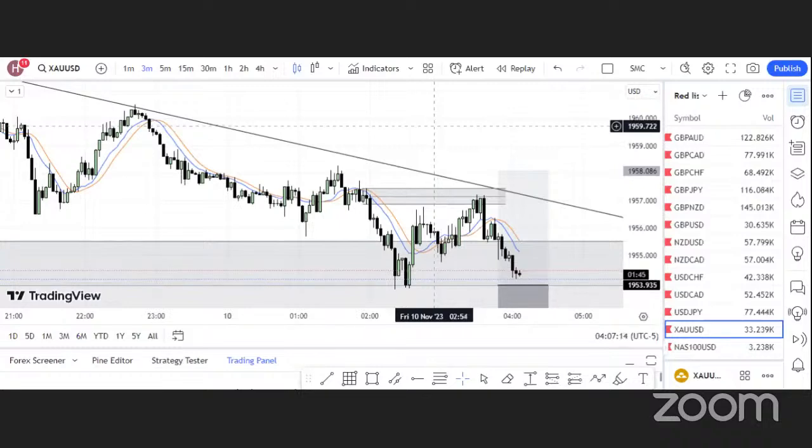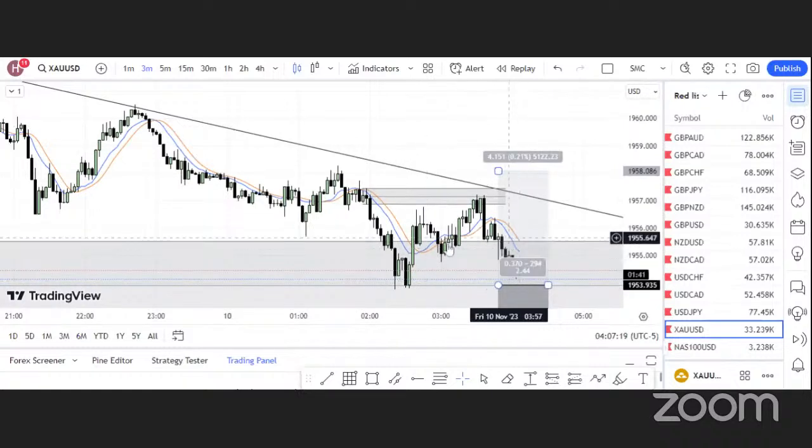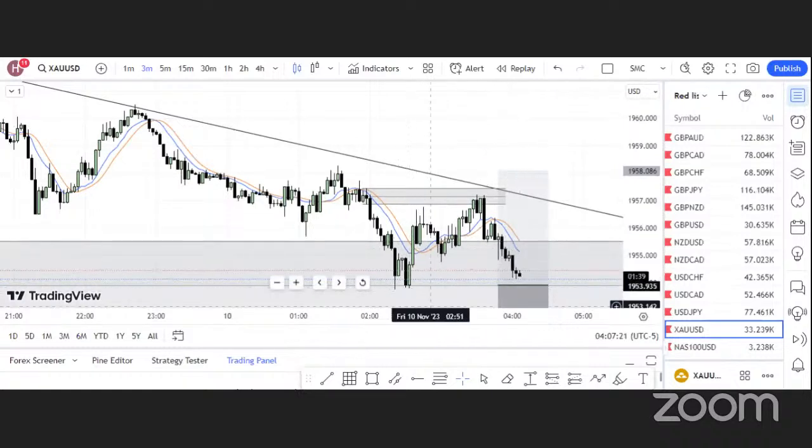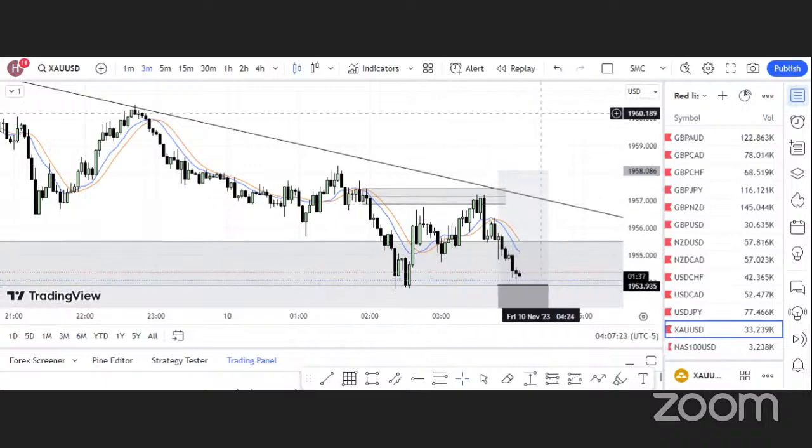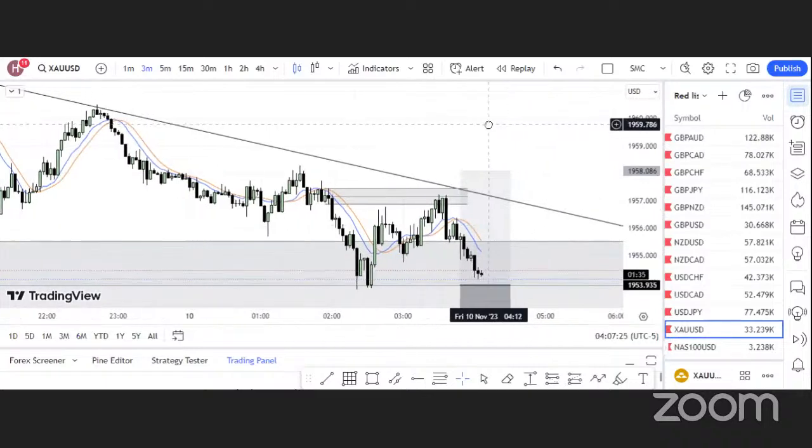So if this doesn't close below this low, then we take a buy. But if it goes below this, then that means the setup is invalid. We're just going to look out for another setup, all right? And we're just going to be trading pairs that are not so volatile after, all right? But we haven't been trading gold since after the news event last week.